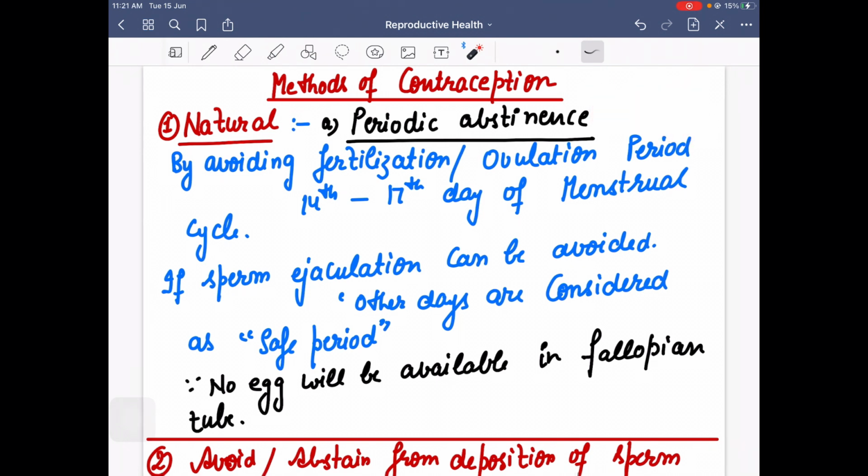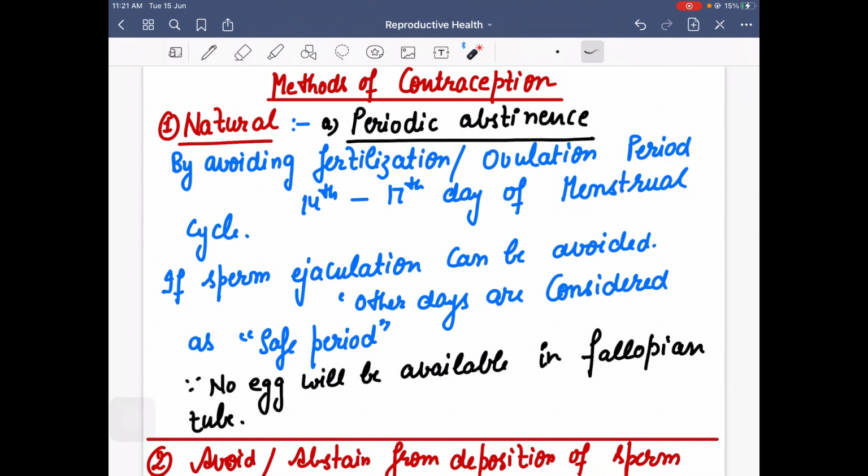And in the menstrual cycle, we know that on the 14th or 15th day, there is the chance when the egg is produced, right? So in the natural method, periodic abstinence means a couple should avoid the fertilization or ovulation period, means